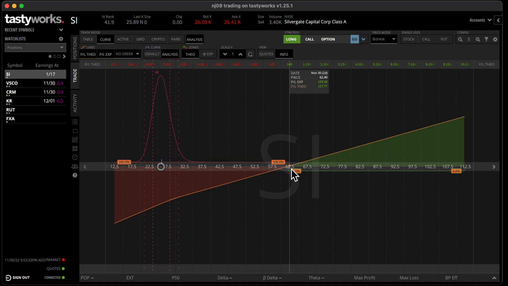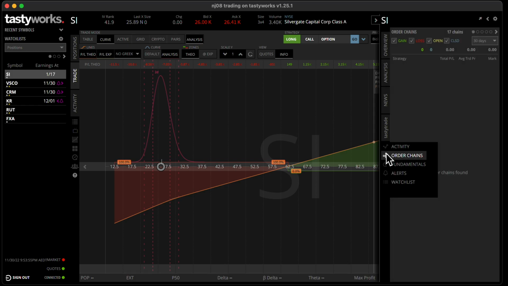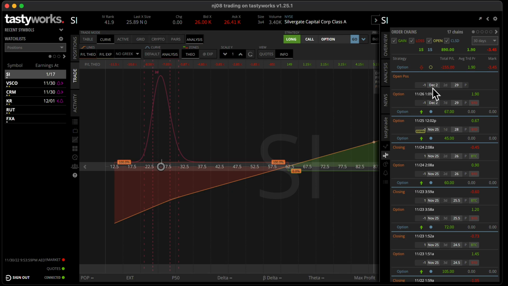So that's the graph. The value of it is at 62, but I'm selling some options down here to bring that down to meet the strike price. But anyway, don't get your head caught up in that too much. But I'm still buying and selling options around that stock. And if you look at my order chains here, I have an option expiring December 2nd, 2 days to go. It's a $29 put, right? I got paid $190 to sell this put, $1.90 per stock, and there's 100 of them. And currently the price is at 25, so looks like when that expires, I'll be owning another 100 stock of